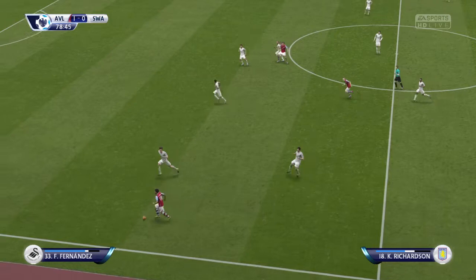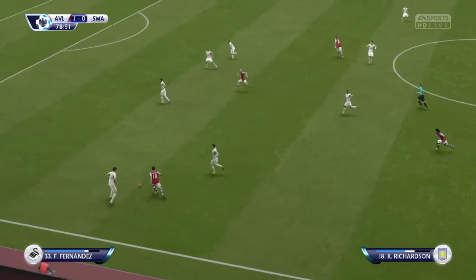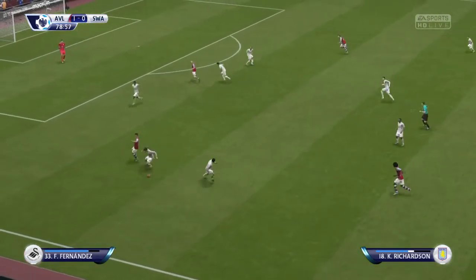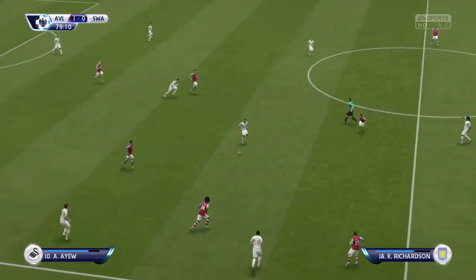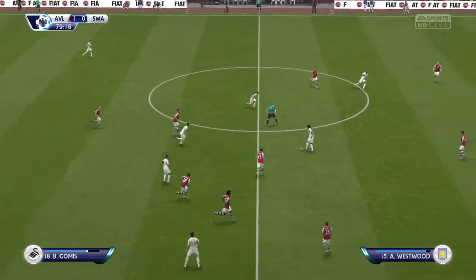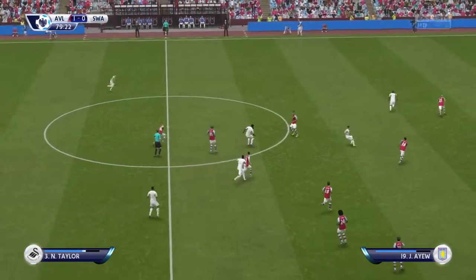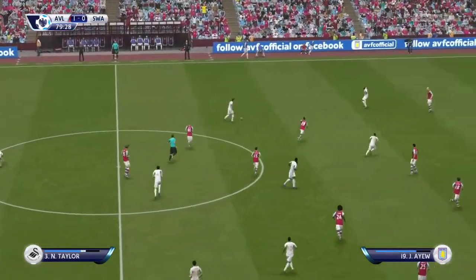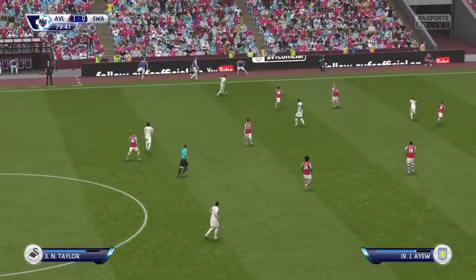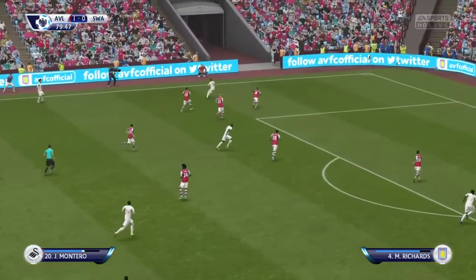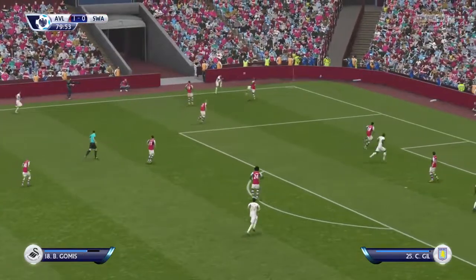Kieran Richardson has got possession here. Federico Fernandez. Can they hang on to this one-goal lead? The fans are trying to play their part in it happening. Yeah, and it's the approach that the home team take that will be important. Do you go on and push for another, or just try and hold what you have? There goes the cross.